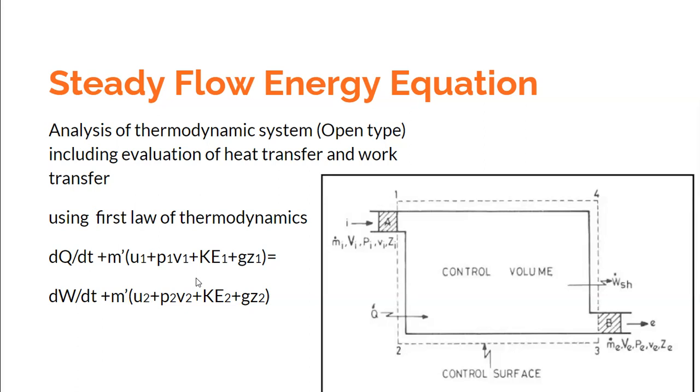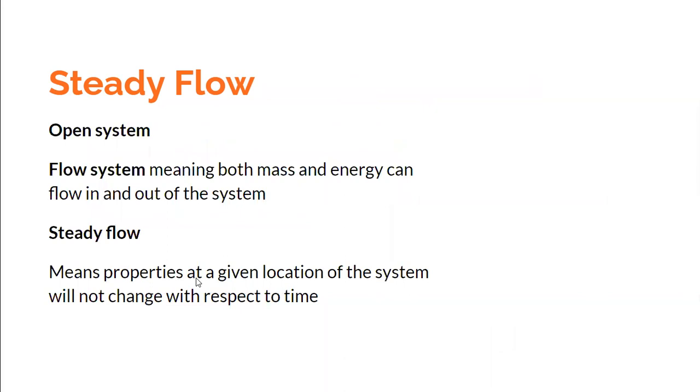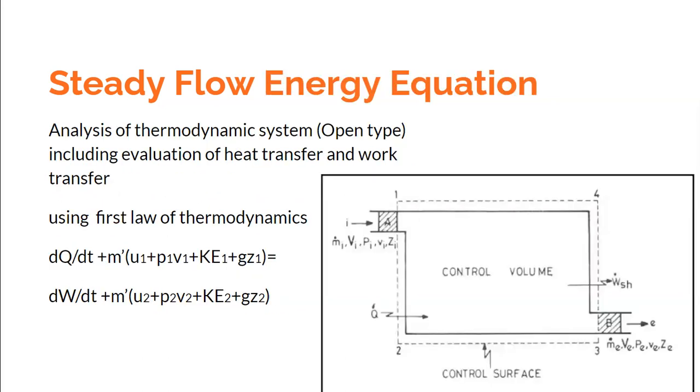Now we are talking about a very special system. As I said, we are talking about an open system, hence the name flow system, and a special case of open system, which is the steady flow system. What is the meaning of this? Steady means the properties will not change with respect to time. Coming back to the initial slide, this U1, the internal energy associated with the inlet, is not going to change with respect to time. If time is equal to 0, that value would remain U1. At time equal to 1 hour, again you'll have the internal energy U1. After 2 hours also you'll have internal energy U1.